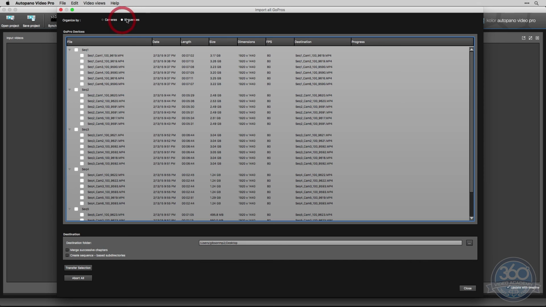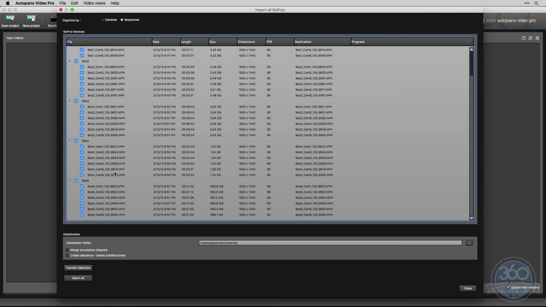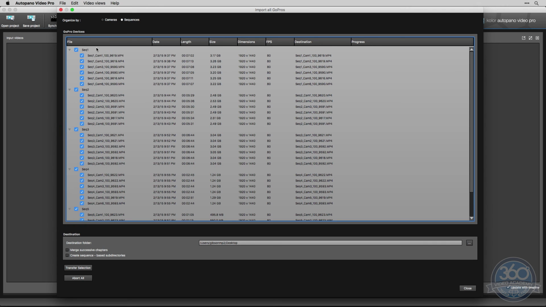So I'm going to go ahead and organize by sequence. And then there are these other options here: you can merge successive chapters if you want, or you can create a sequence based on the subdirectory, which is cool, but I usually just leave it default like this just to get all my data over. And then I select all of my clips, like so. So there were 5 shots there that I took,